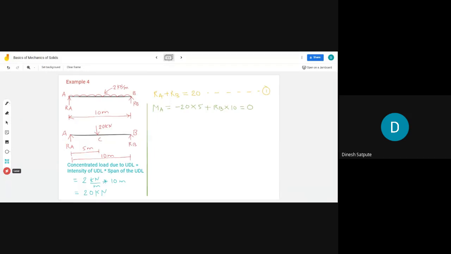Now, we have to find out what is the answer. What is the value of RB? RB is equal to how much? So do the calculations and post your answer in chat box. RB is equal to how much that you have to calculate. Do the calculation. I'll give you 1 minute for that. Calculation is very simple. Still you have to do it. Post your answer fast.